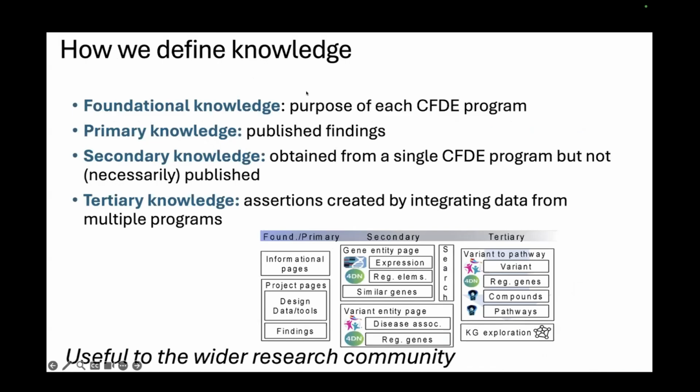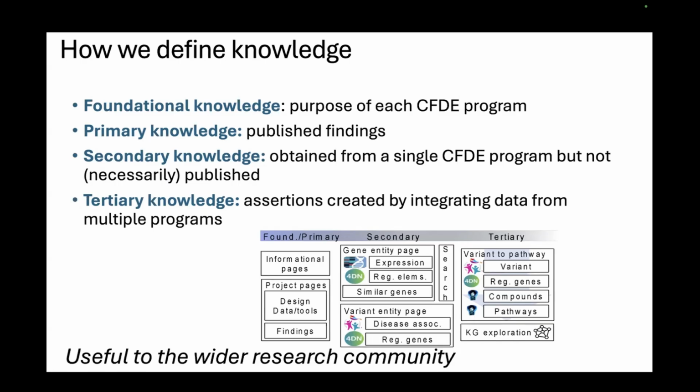Before we get started, I'm going to talk about how we define knowledge. As you can imagine, that's a broad term and it can encompass multiple things. What we do at the Knowledge Center indeed encompasses all of these different types of knowledge. It looks at foundational knowledge, that's understanding the purpose of each CFDE program and its major deliverables; primary knowledge, or published findings from each program; secondary knowledge obtained from a single CFDE program through additional analyses, but maybe or maybe not published; and finally, tertiary knowledge, which are assertions created by bringing in data from multiple CFDE programs. As you can imagine, the real power of CFDE comes through these secondary and tertiary knowledge branches. And so we're really going to hone in on unique offerings that we've developed through the Knowledge Center to create additional analysis